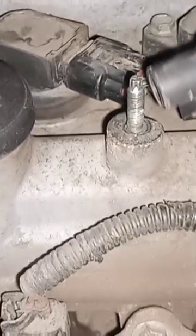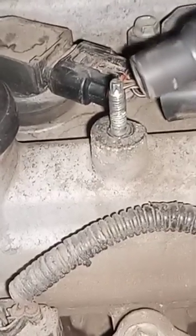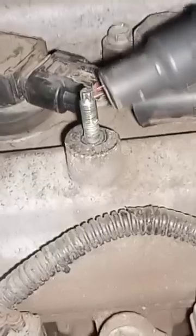Several things can lead to a faulty ignition coil. Remember, also you can have a loose connection that can cause this ignition coil to be faulty. The misfire code can also be caused by a faulty noise